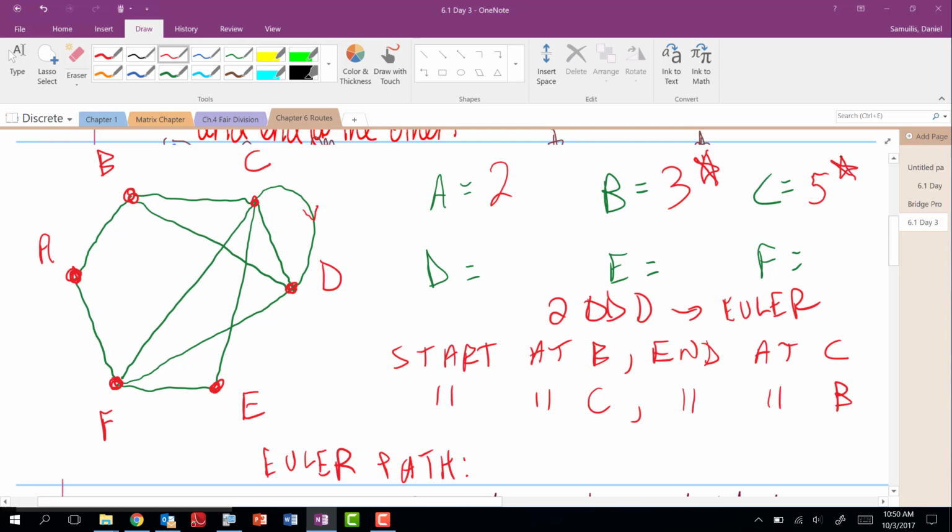Let's move on. Right now, what could be possible, though? An Euler path. All right, how about D? What's D? 4 edges coming from it. E? 2. And then F? Why not? Same student. Apparently, others can't count. They don't know how to count edges, apparently. All right, 4.